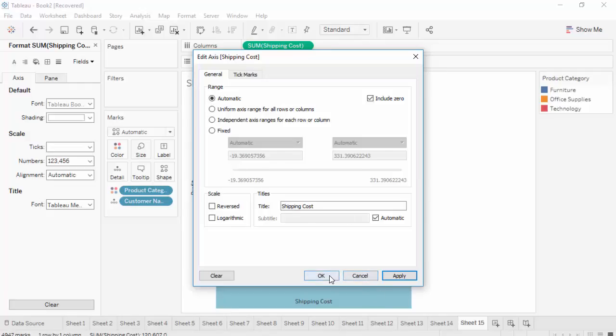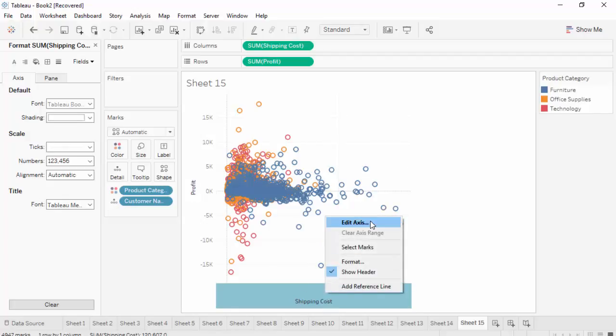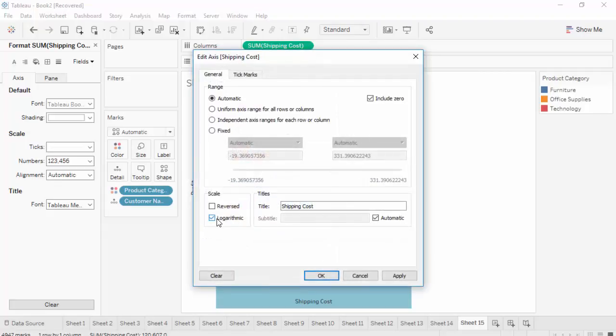Okay. Like here, it is very intense, lots of marks, and here there are very few marks. So if you want the marks to be spread out, then one way of doing that is to use